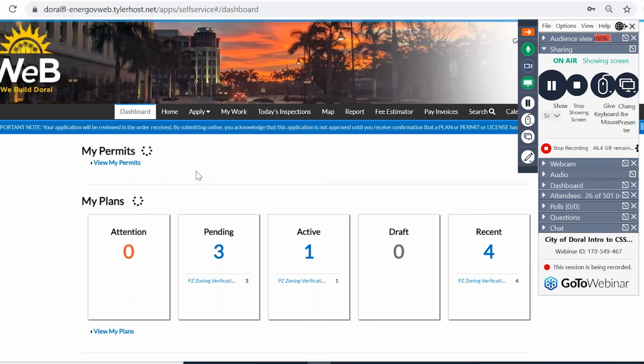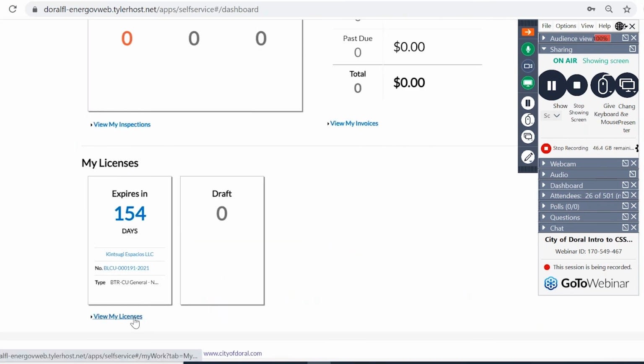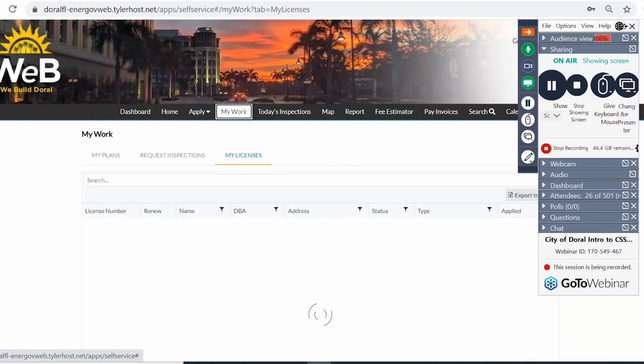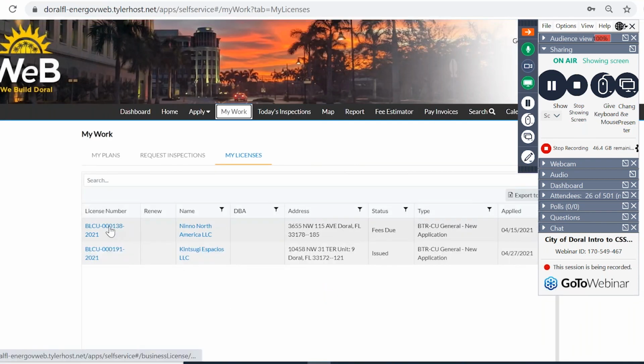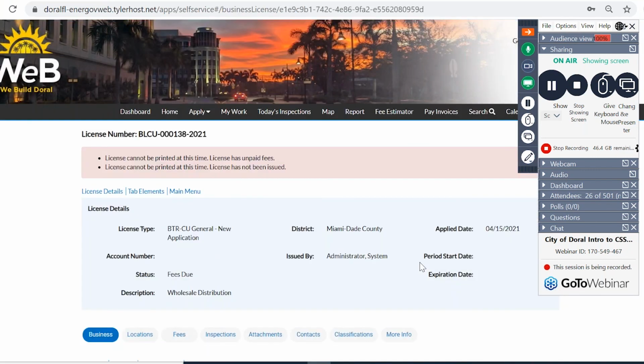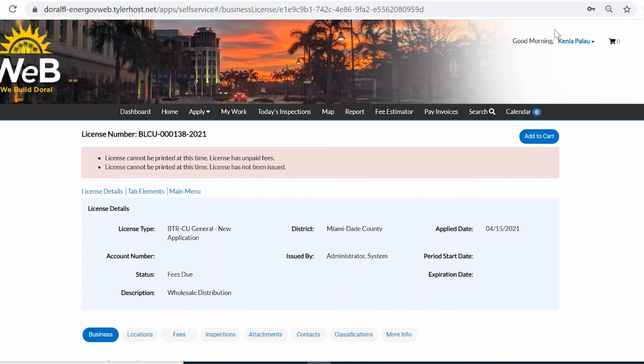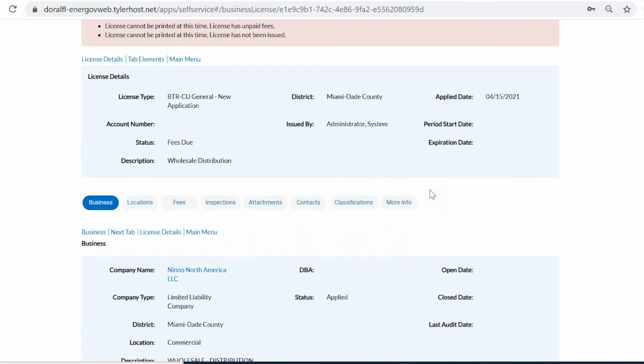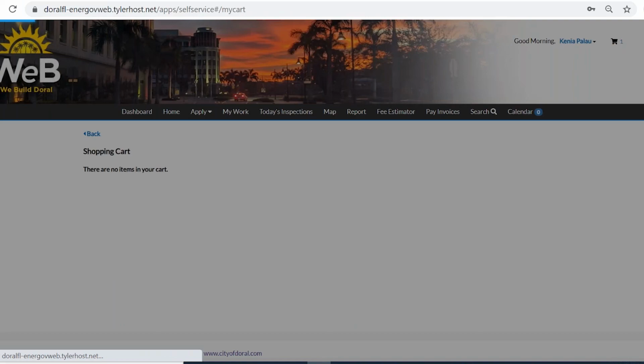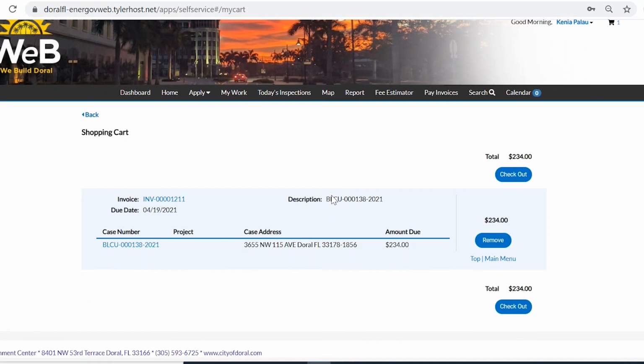So normally when you go to your dashboard, all the way at the bottom, you will find my licenses. You will click view and you will find here that you have your fees are due. So you will click on the license number for the fees that are due. And you will find at the right-hand corner something that states add to cart. You will add the fees to the cart. And from there, you can check out and pay. Once payment is done, you will provide proof of payment to the licensing division. Your license will be issued, and we will provide you step by step on how to print out your licenses